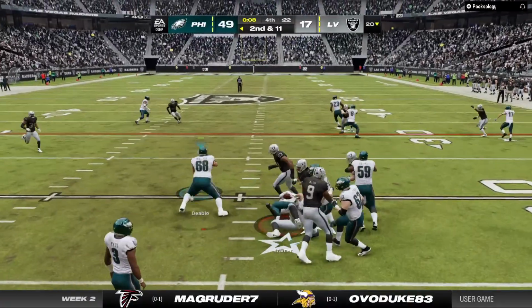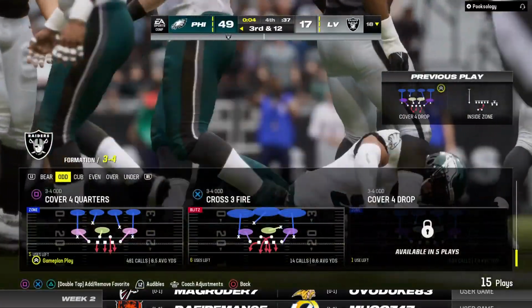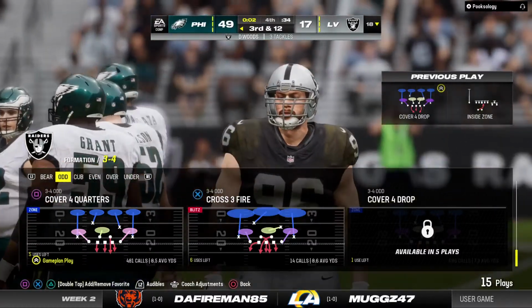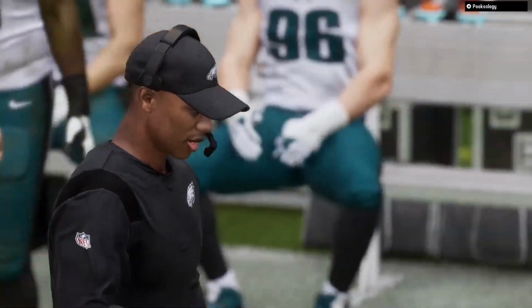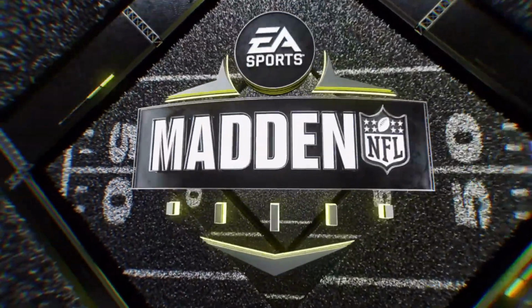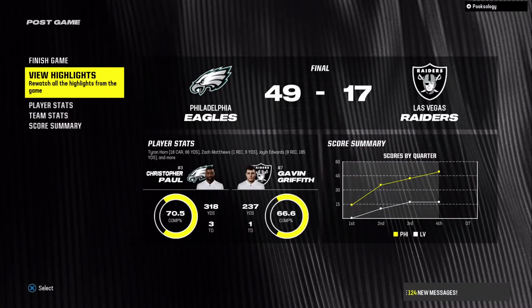On 2nd down now, it's Kramer. And maybe a measure of revenge there. He's had his way in this one, but this time they get him behind the line. That'll wind up as a loss on the play, so now they're staring at a 3rd down and 12. So it's a victory here for the Philadelphia Eagles. And we talk so much about the turnover battle determining